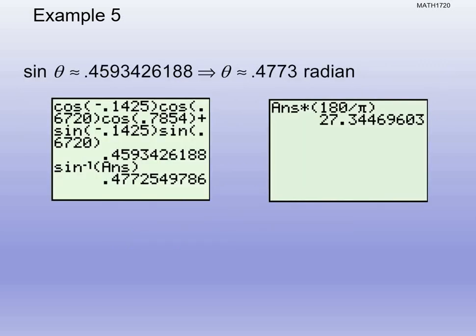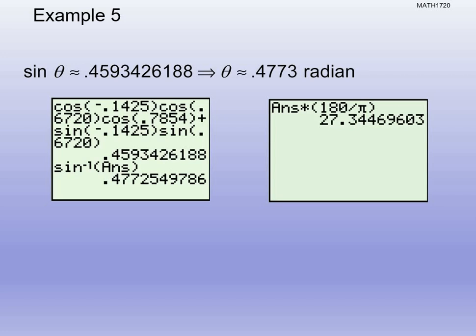So the next step, we have to do sine inverse of that value. Sine inverse of that value gives us 0.477. That's theta. Theta is that answer. Then we have to take that and multiply it by 180 over pi so that we are in